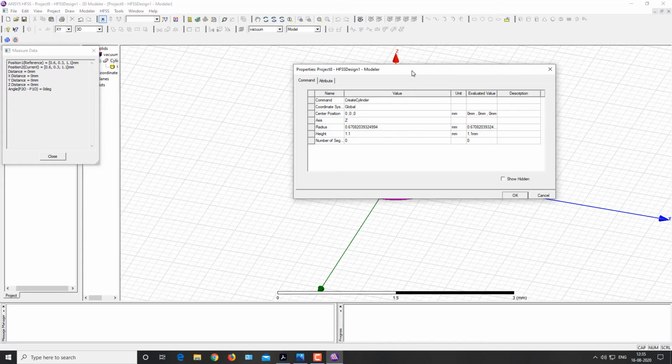I am taking x position 0 and y also 0, and z position is gap divided by 2, because our total gap is divided between the two elements of the dipole. My axis will be z and radius will be dipole underscore radius, which is the radius of the one element of the dipole, and height will be dipole underscore height. Then again click on OK.